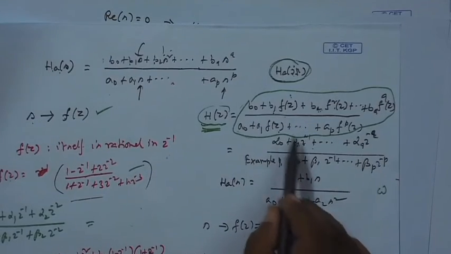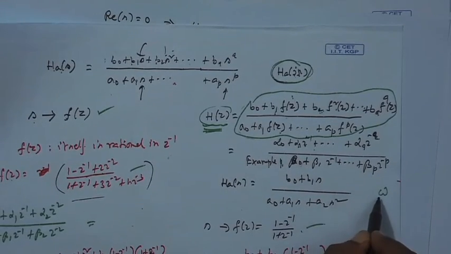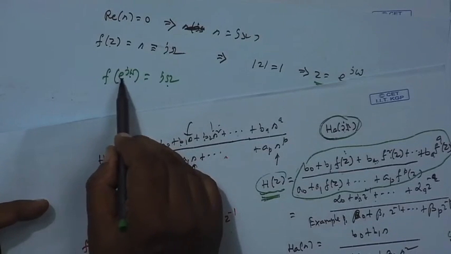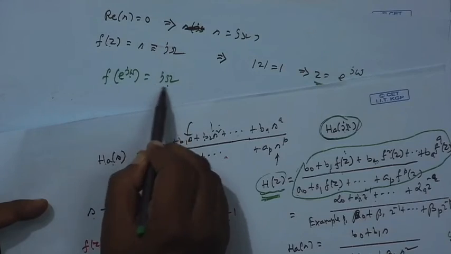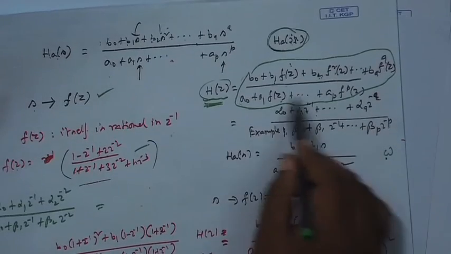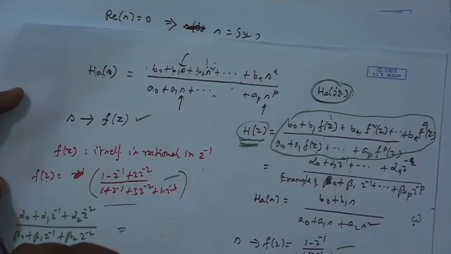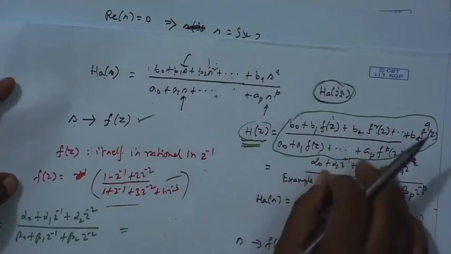That means I can find out the digital frequency response at a particular frequency small omega. How? I just put in this equation f(e^{jω}), and I get a purely imaginary number jΩ, and then the digital frequency response will be the analog frequency response at that capital omega. So, I can map one response to the other.